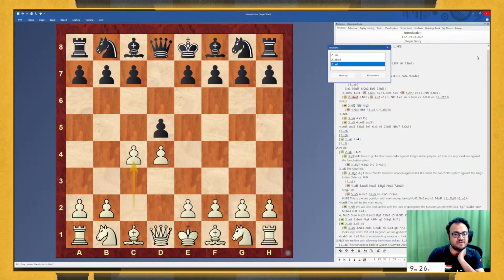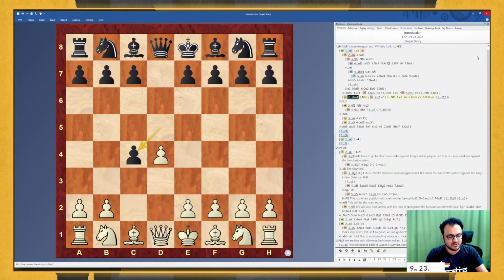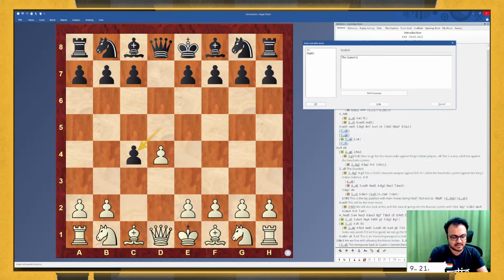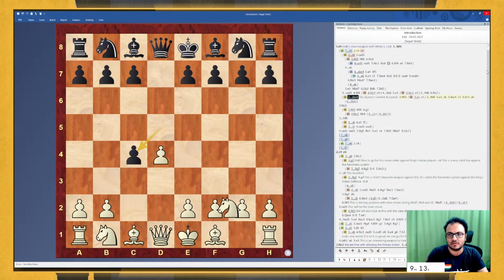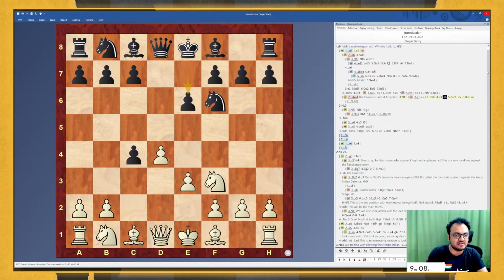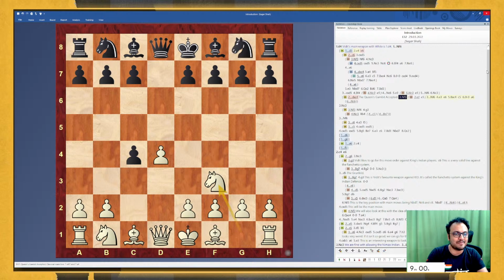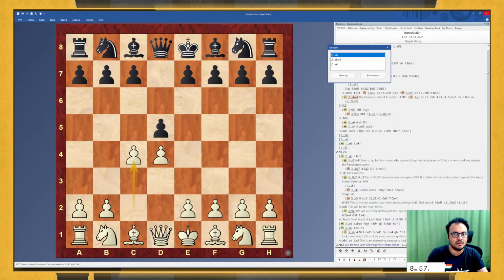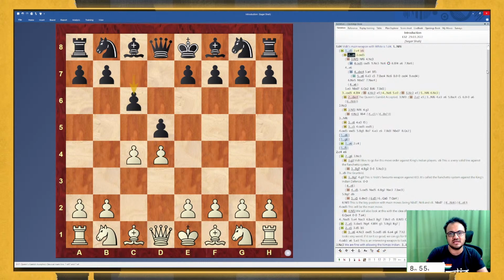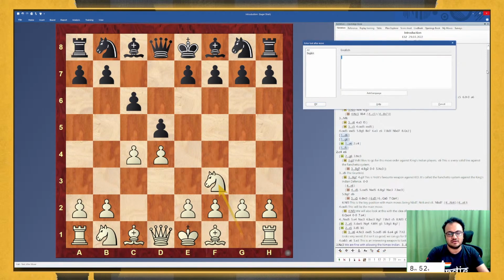d4, d5, c4, d takes c4. The queen's gambit accepted. And if e3, e5 is there, so knight f3, knight f6, e3 takes, c5, castles. Okay, this is what we might study against the queen's gambit accepted. c6 Slav, cd. So here is the thing. This is our main line,